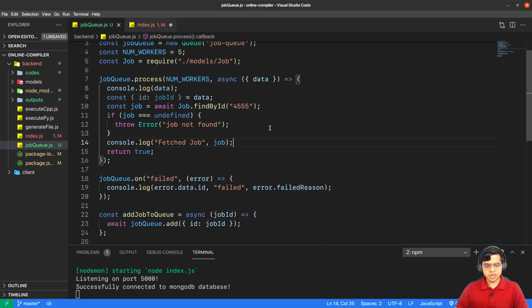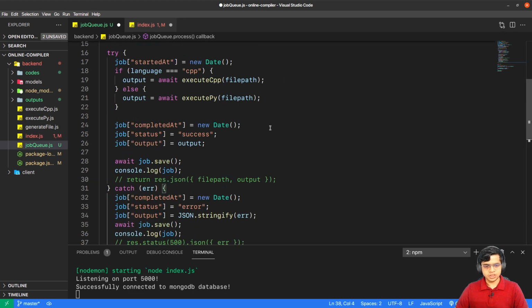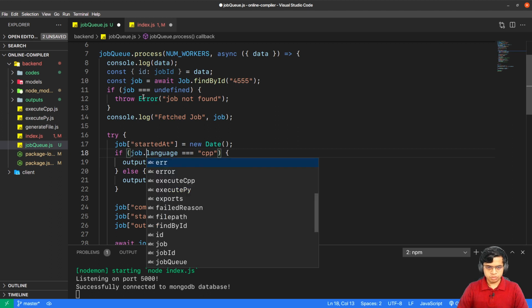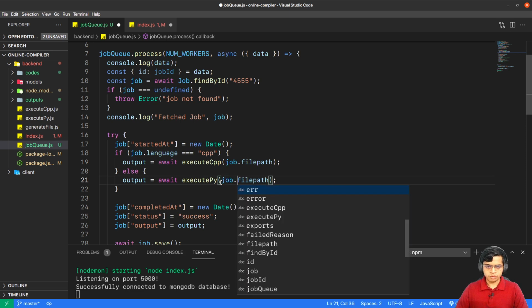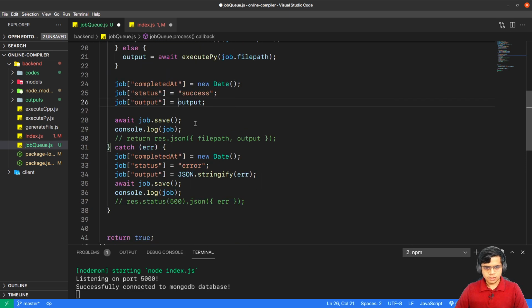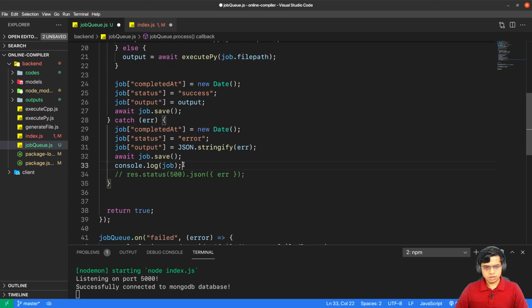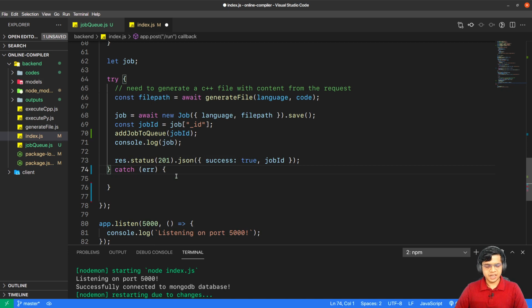So here we are sure that we have fetched the job successfully. So now I'll create a new try block and paste all this here. And we'll have to change these things as these are now part of the job and not a free variable. So job.file, but we could have extracted it, but that's fine. We don't need to console log it anymore. We just need to save it. That's fine, we can save this. And inside of here, I just make another catch block with error. We might get an error while generating the file or creating a new job.